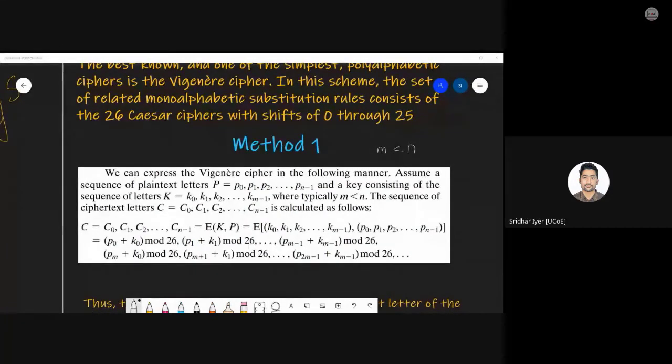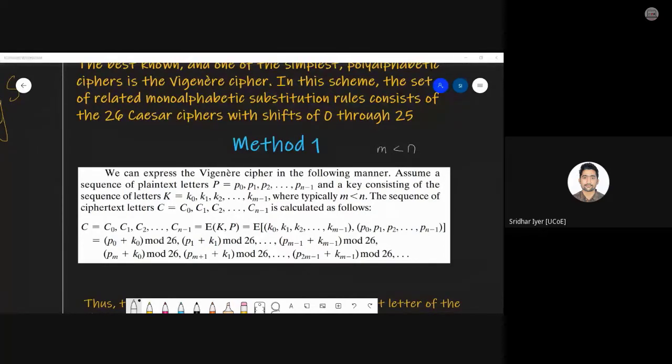This is the same thing we saw in the case of the previous cipher, the Hill cipher also. Plain text can be even a single line, a single page, or even a paragraph, whereas the key is supposed to be smaller than that in size. Fine. So that is what we are going to follow. This is the very first assumption.